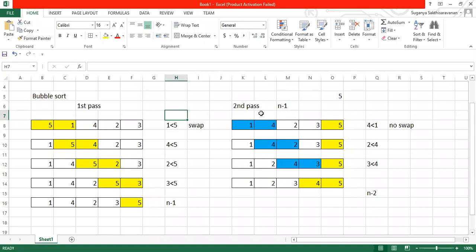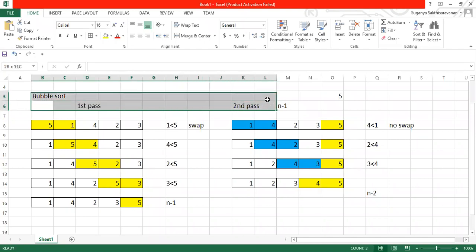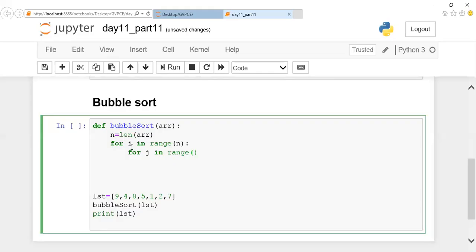Good, good, Niranjan. Come on, look here, guys. How many passes did I tell you? n minus 1 passes. So what is the loop we made for this one? First you are supposed to calculate the size. Since you are going to go through n minus 1 passes, the number of passes is kept track of by this i loop. So we know that we will be having n minus 1 passes.